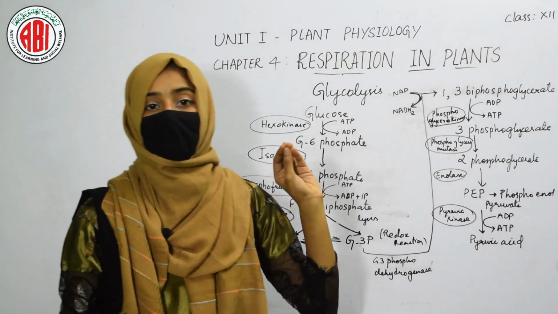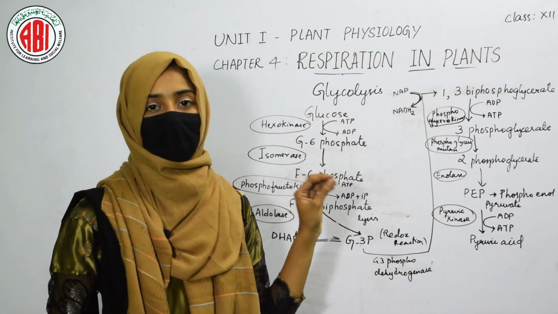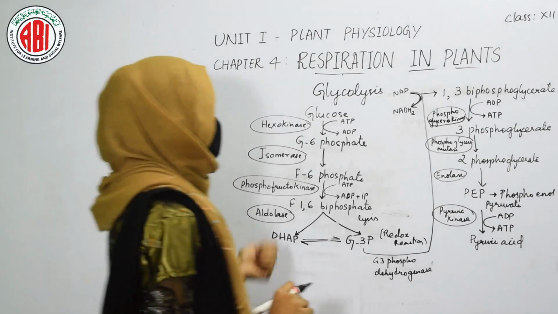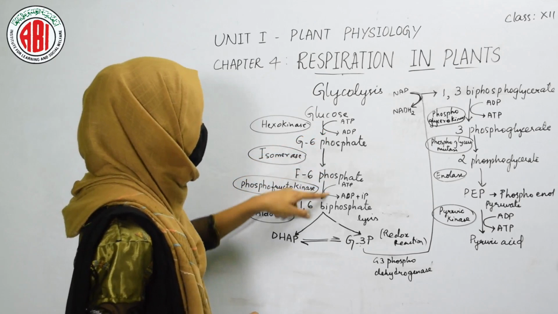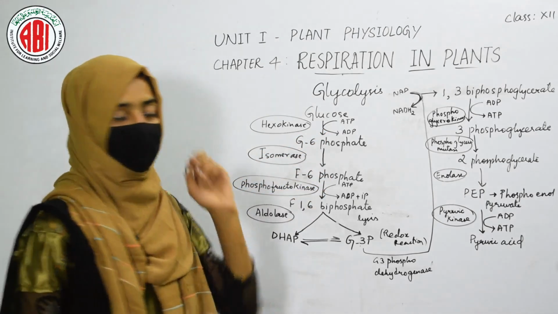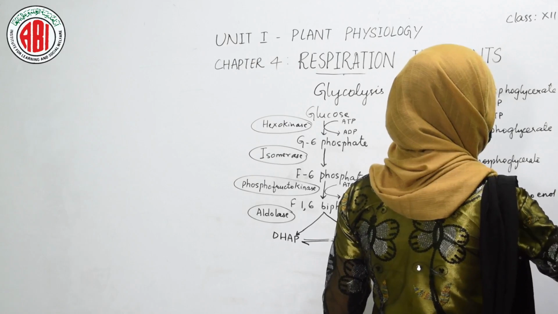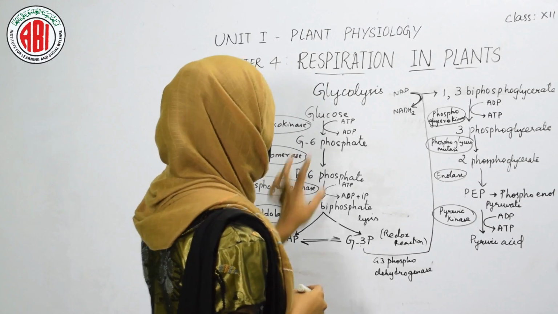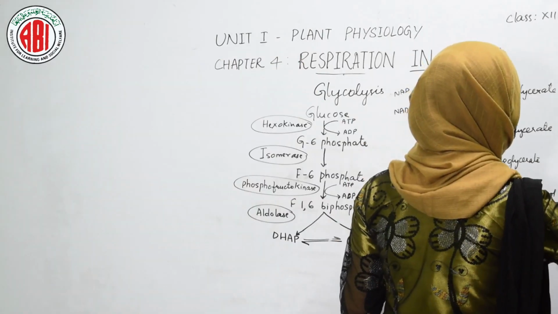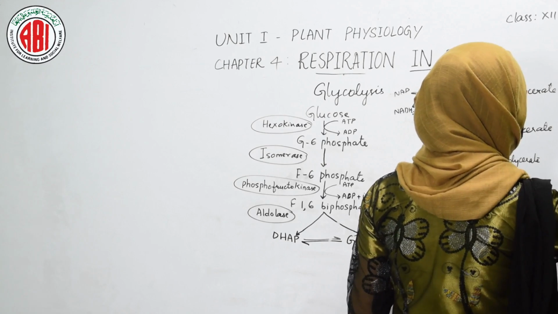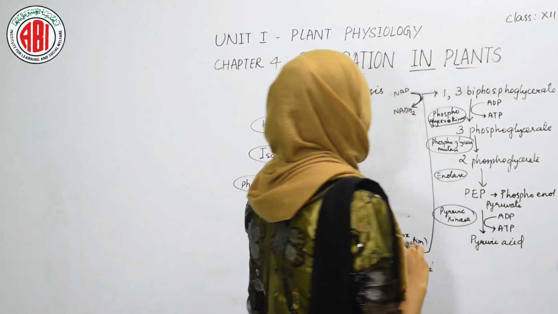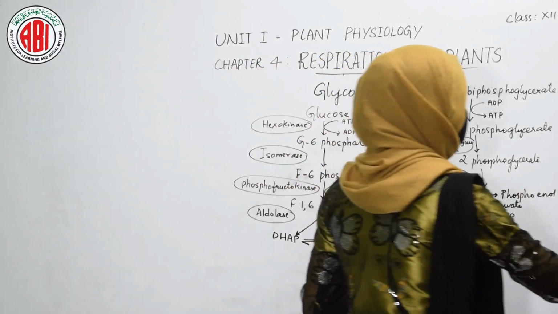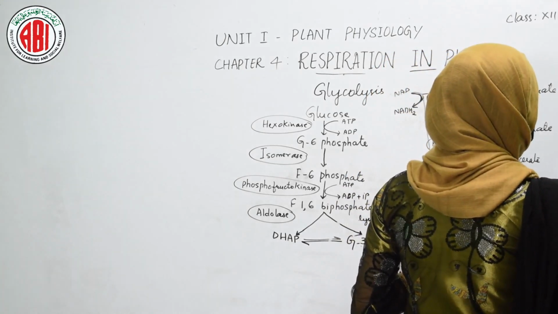Now let us see the number of ATPs and the number of reducing power, that is NADH2, generated in the pathway called glycolysis. So here 2 ATPs are used up to carry out the different reactions. So here we'll write 2 ATPs are used and 1 NADH2 gets generated. Here it is. And we know that 1 NADH2 can give 3 ATP molecules, 3 ATPs. Now here 1 ATP is synthesized and here the second ATP is synthesized. So in total we will be getting 2 ATPs.